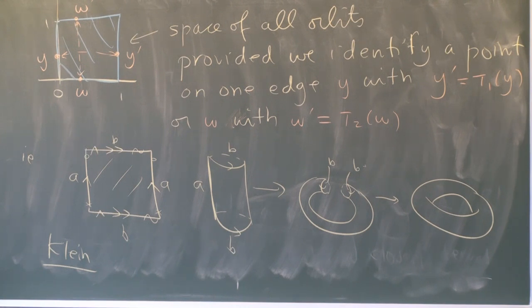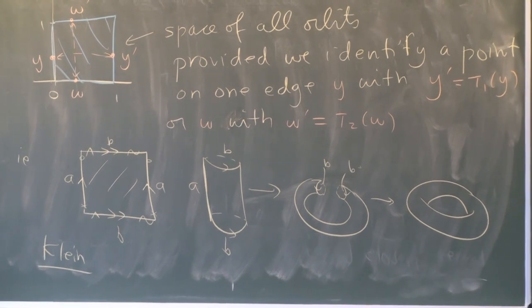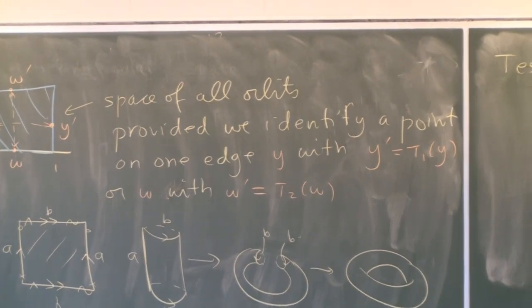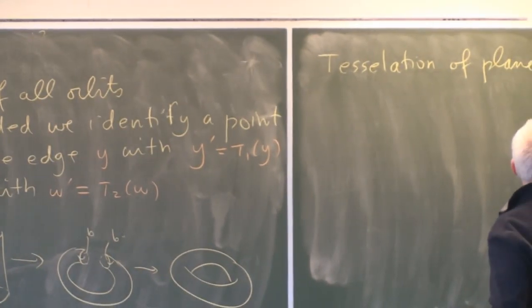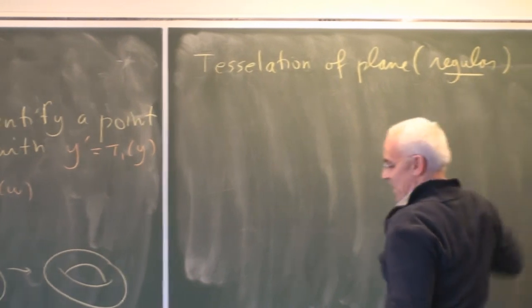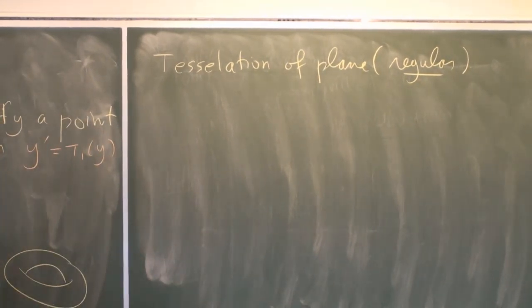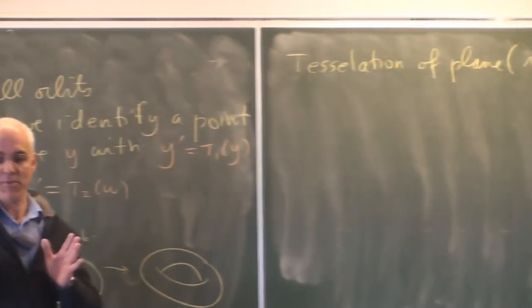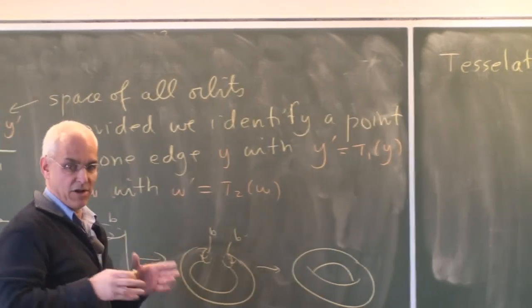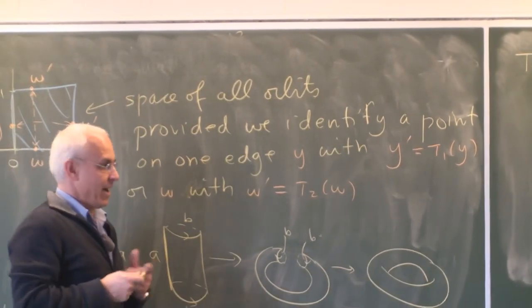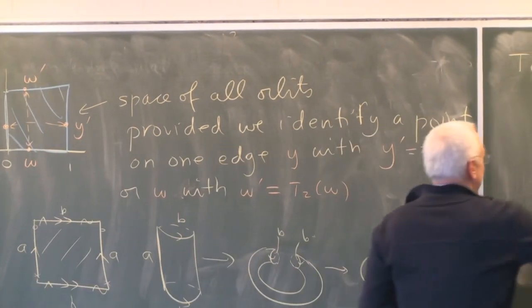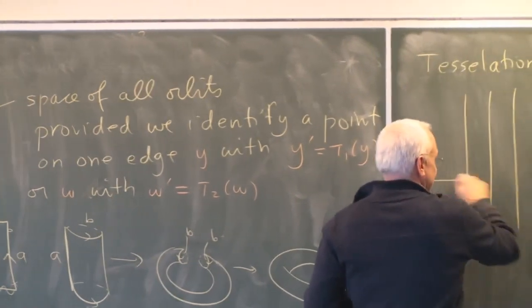So there's some underlying geometry here. The underlying geometry is the idea of the tessellation of a plane. A regular tessellation, let's say. By tessellation we mean where we separate the plane into lots of copies of the same thing. And a regular tessellation means that the same thing, the fundamental object, is a regular polygon. And I suppose you all know that there are not a lot of regular tessellations.